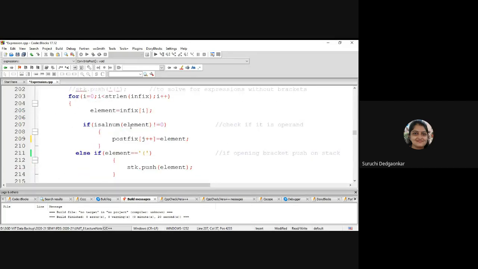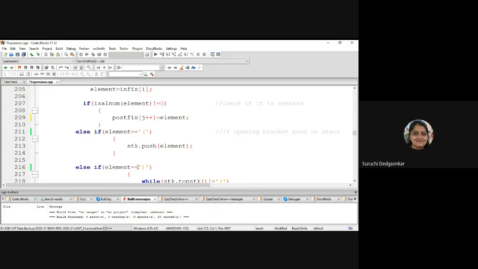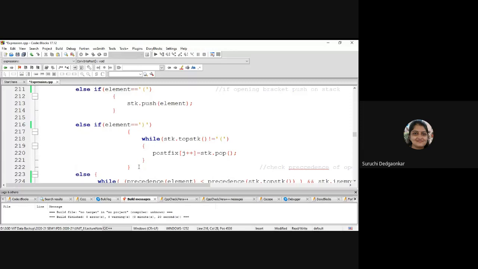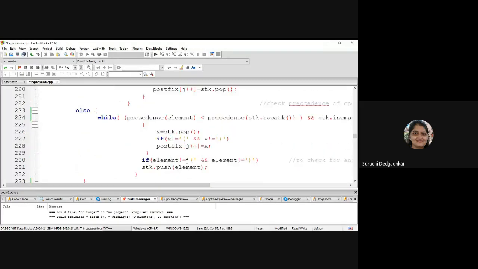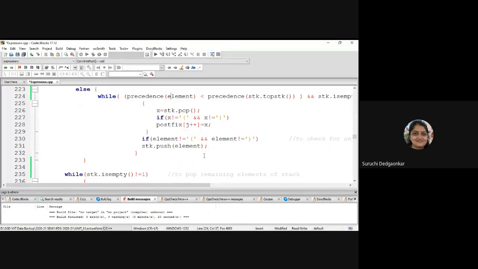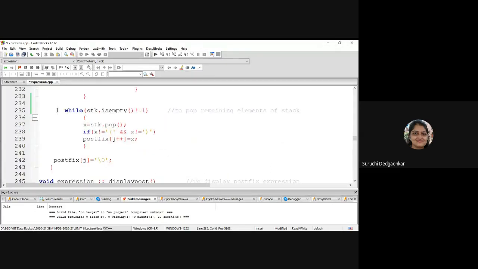Okay, so here we have considered the operand condition, opening bracket condition, closing bracket condition, and the operator condition for every character, and we have performed accordingly. And then we have popped all remaining characters from the stack.